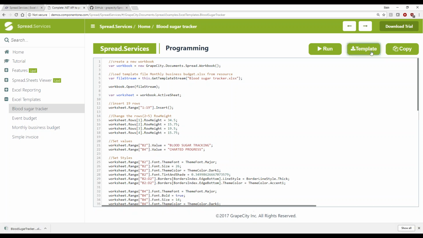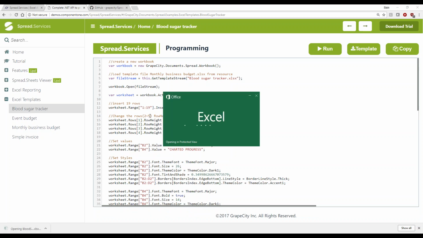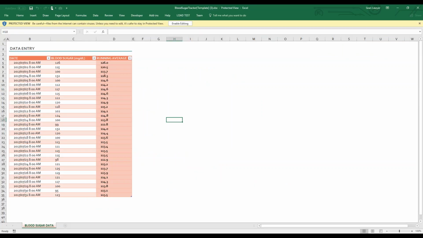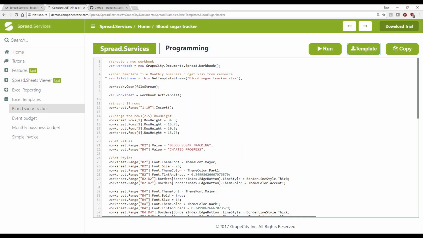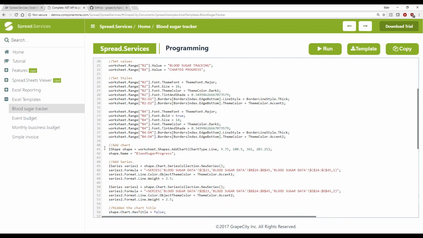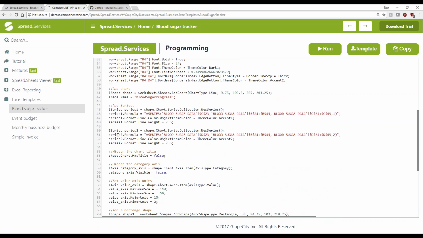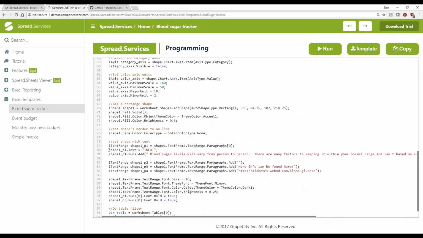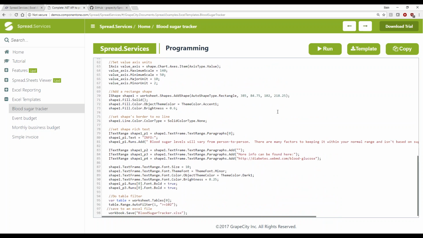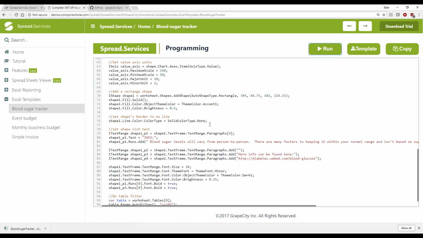This demo shows a blood sugar tracker. First, I'll show the base Excel file that's used as a template. This is what's loaded initially on the server. And then the code on the server after loading the template here. Insert some rows, adds a chart, adds a rectangle shape, put some rich text into the rectangle shape, including a link here. And after we run it,